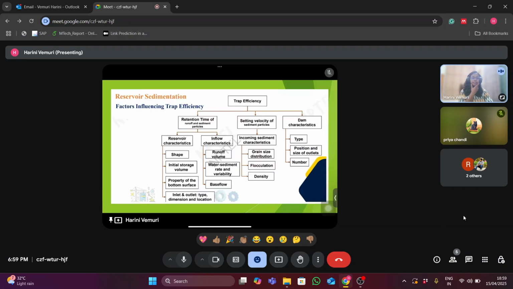There are different factors that will influence the trap efficiency, mainly the retention time of runoff and sediment particles,